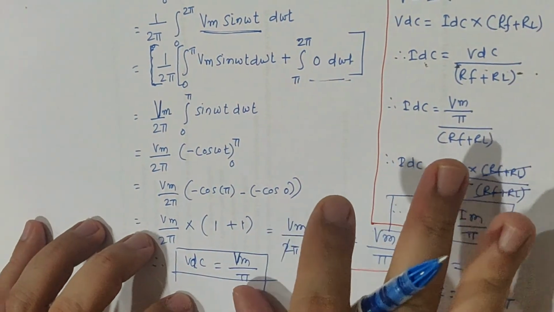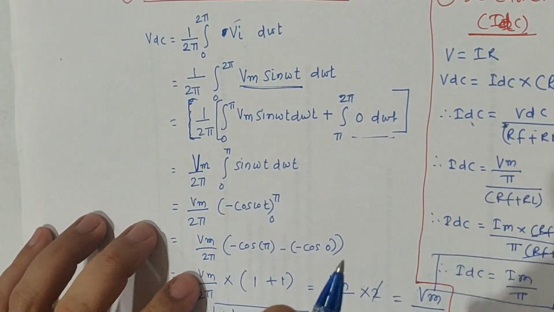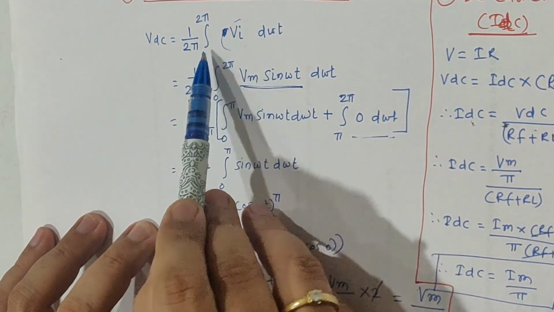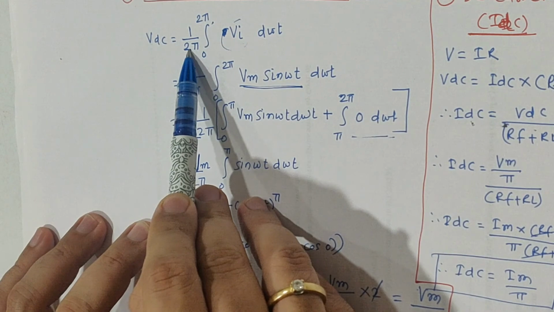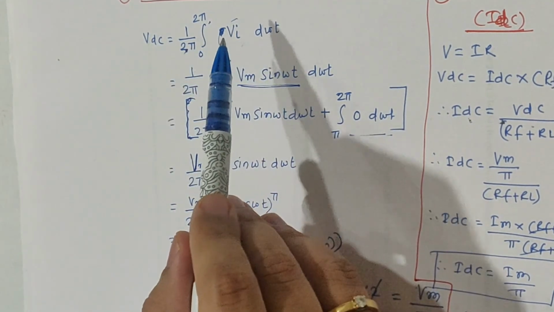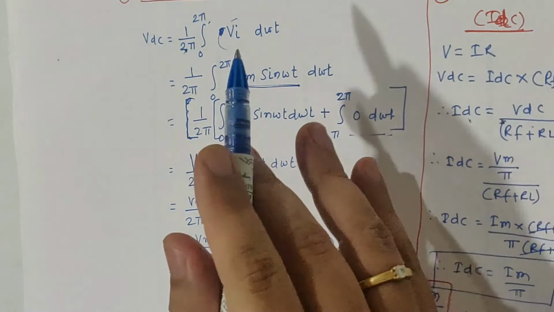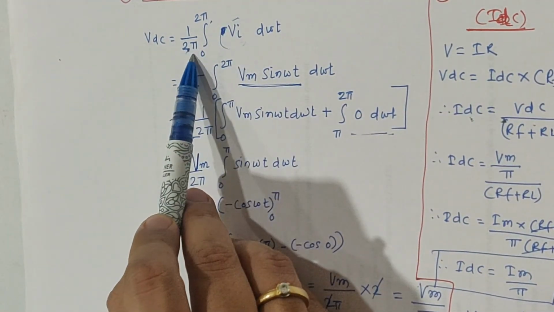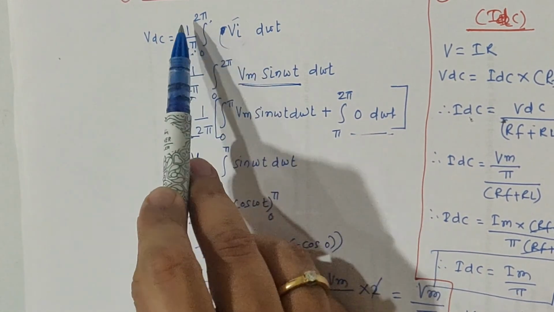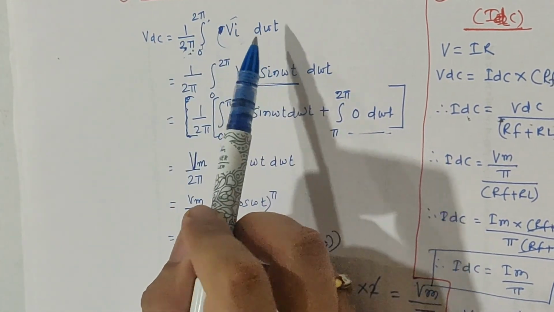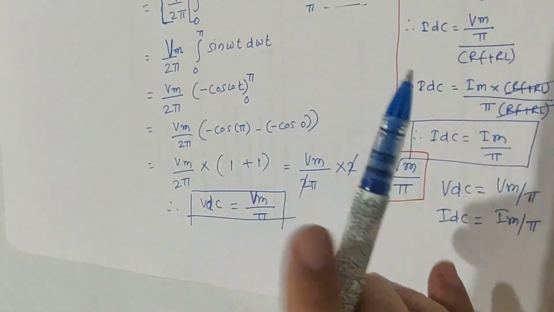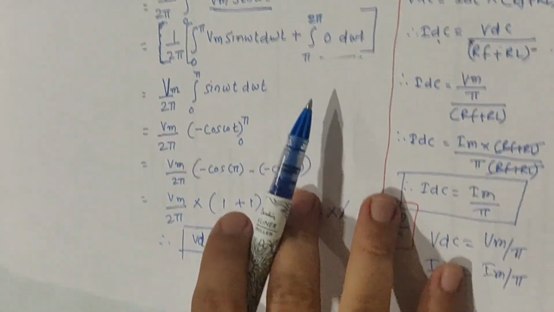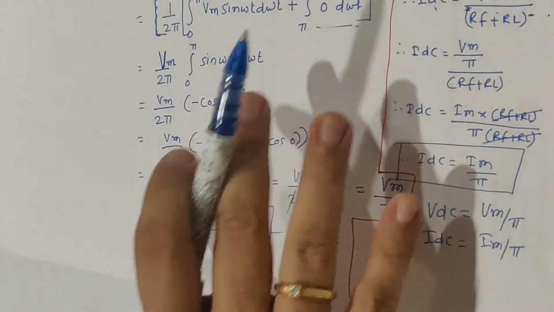Okay, I hope you have got this. See, what we need to do is, for calculating the DC voltage, take the integration of the input voltage over the range 0 to 2 pi and then divide it by 2 pi, because when we take the average value, we sum up everything and then we divide it by the total number of points available. So total number of points available from 0 to 2 pi is 2 pi. So 1 by 2 pi, integration of 0 to 2 pi of Vi d omega t. Putting the values, you calculate the value of VDC, which comes out to be Vm by pi, and using this VDC value I can calculate IDC value, which comes out to be Im by pi.